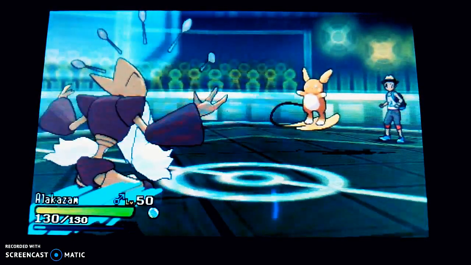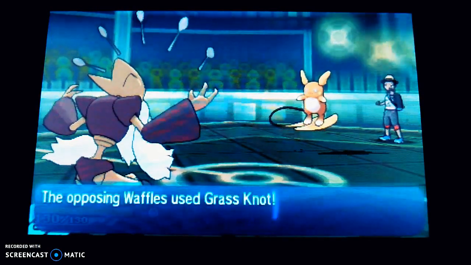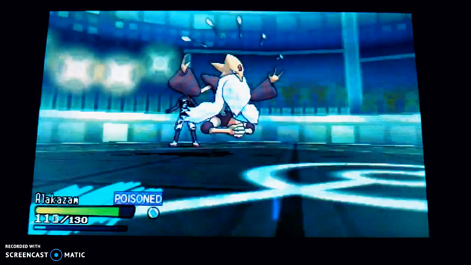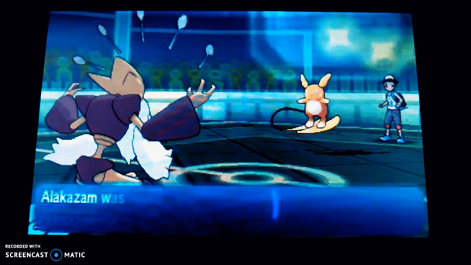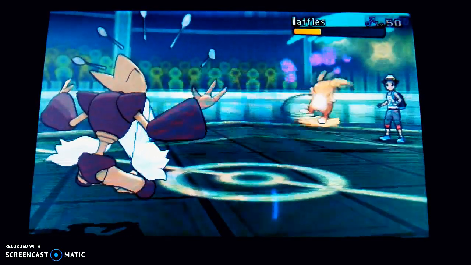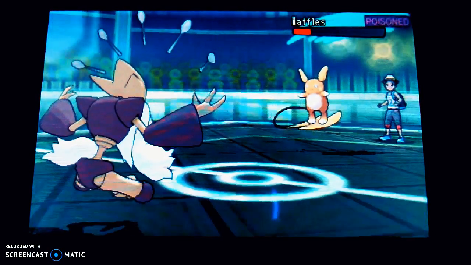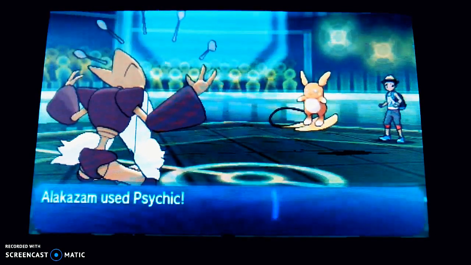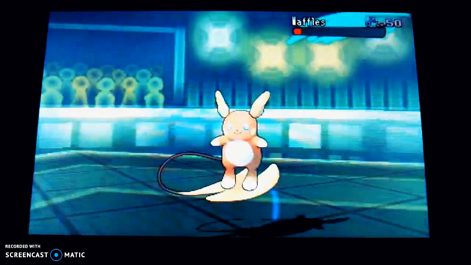Right here, I do trace his Surge Surfer, but because there's no electric terrain, it doesn't really matter. So he goes Grass Knot, and that Grass Knot is doing no types of damage. Well, actually it did about 30, but still, it's not enough. So Raichu's gonna take some more damage, and pretty much I finish this thing off with a Psychic, and yeah, that's pretty much GG now. Komala can't really come back here,